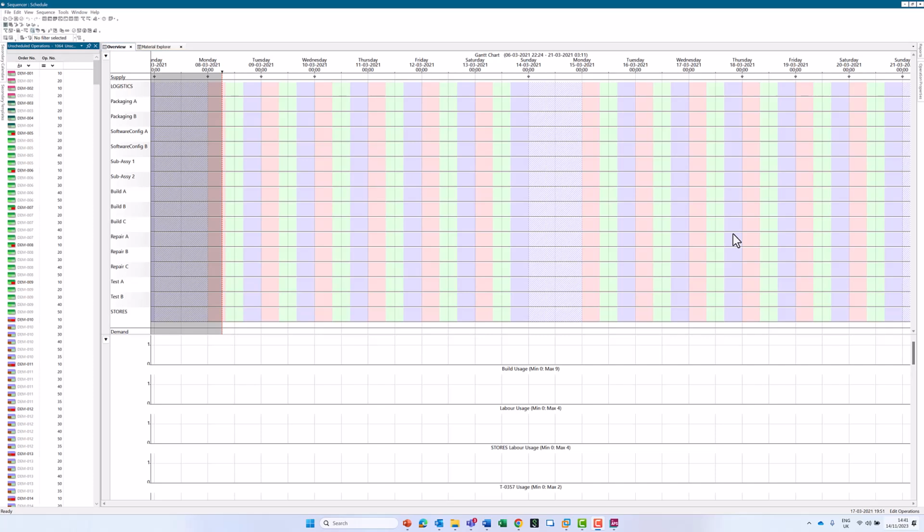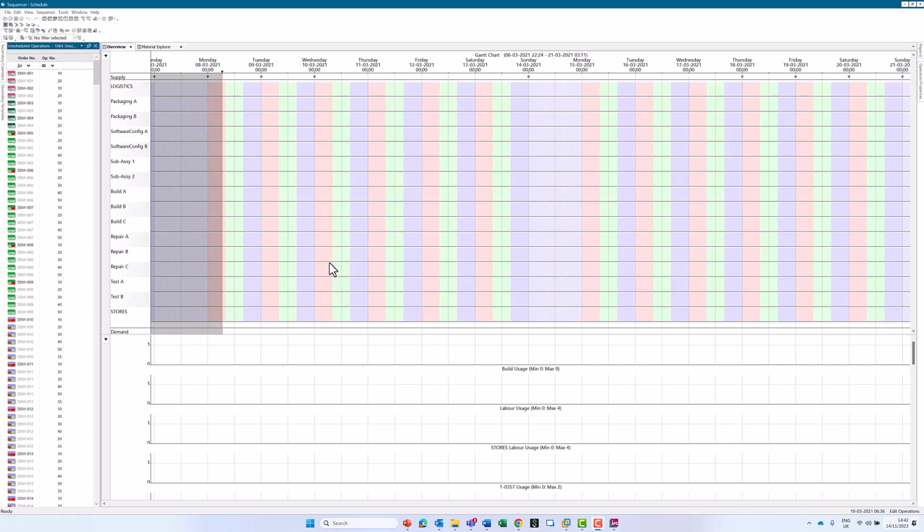In the sequencer screen, you can see that I have a Gantt chart which has a horizontal timeline across the top. Just below are supply diamonds, which signal when material is becoming available for use from our suppliers. On the left-hand vertical axis, we have our resources, which are operating on a 3-shift pattern. Salmon is the night shift, green is the early shift, and purple is the late shift, and we have an